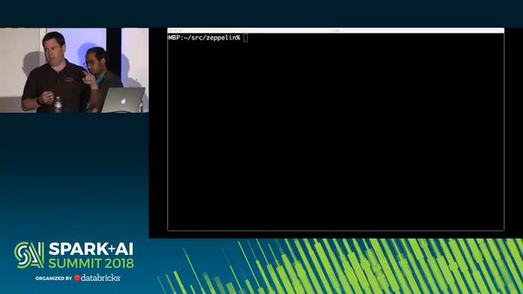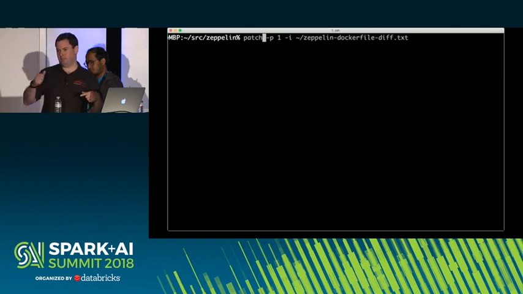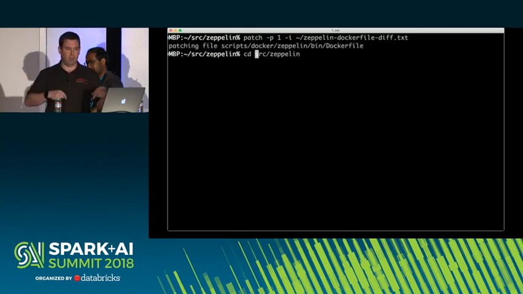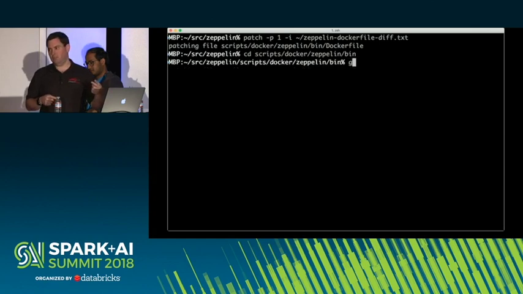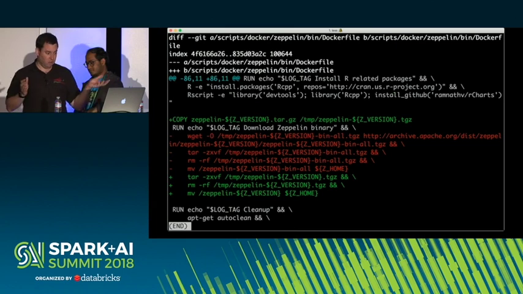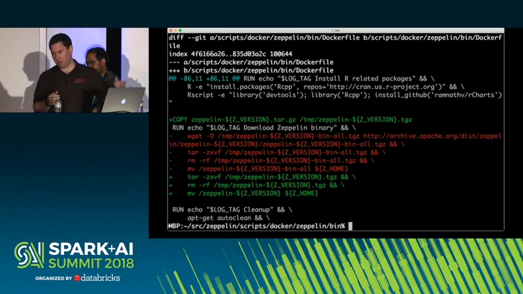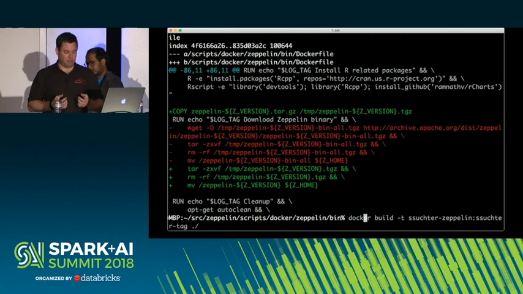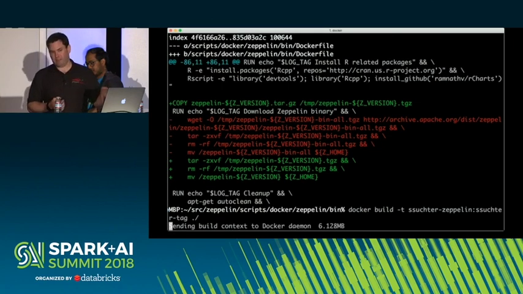I had to do one little tiny patch here because the Zeppelin Docker build process really wants to download an official Zeppelin package from the web and not use your local one. So I patched the Dockerfile to use the locally built one. And that's the only patch to the source that was done in this whole demo. So you can see, we're going to post this later, so you can see the whole patch that was done. So now we do a Docker build, and this was massively sped up.